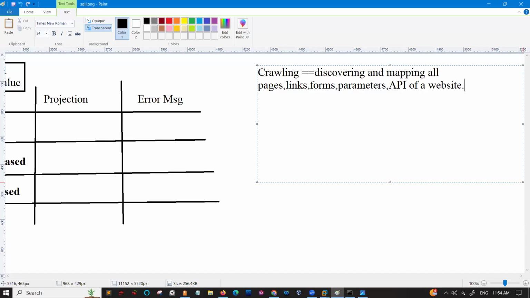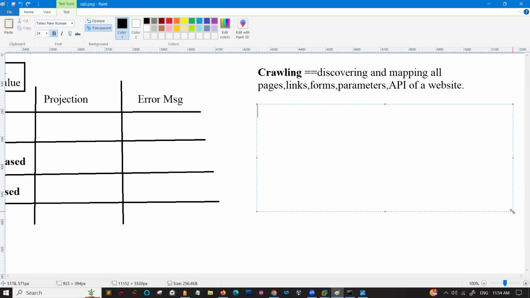So this is what we call crawling, right? For example, let's take this as an example, http://www.example.com. So after crawling,